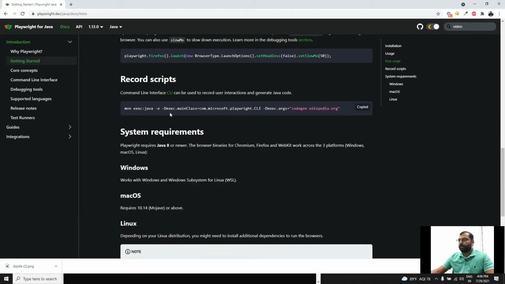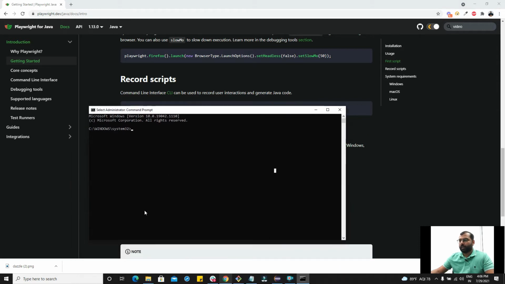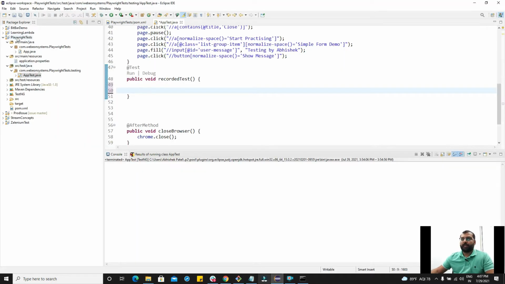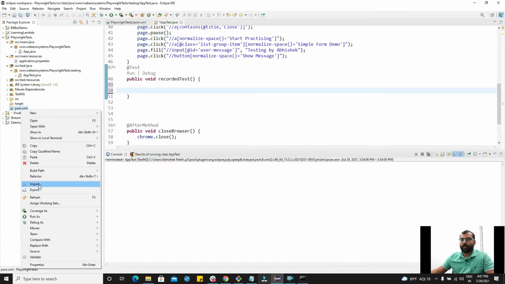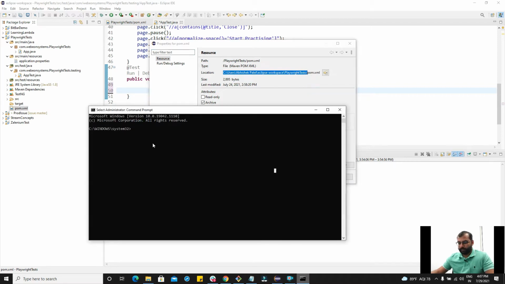Okay, but first make sure you point your CMD to the pom.xml folder. Okay, the folder where you have your pom.xml. So the first thing I'm going to do is open my Eclipse and find out the target of pom.xml. So this is where my pom.xml is. I'm going to copy this and first change directory to this folder. Okay. Okay, and now